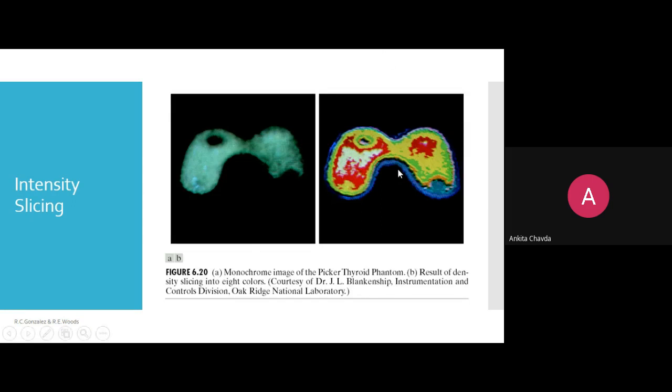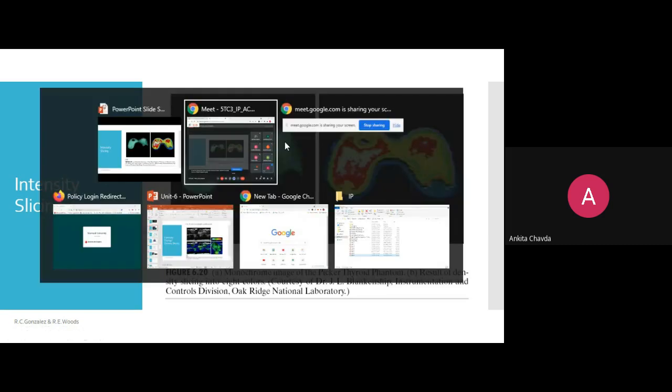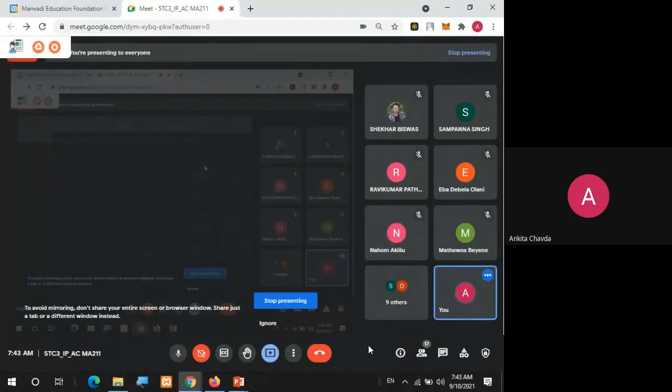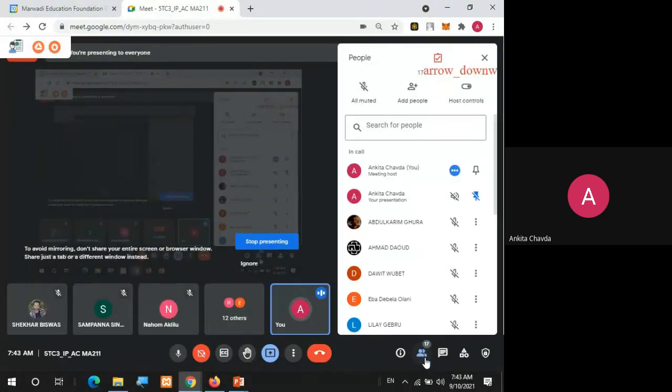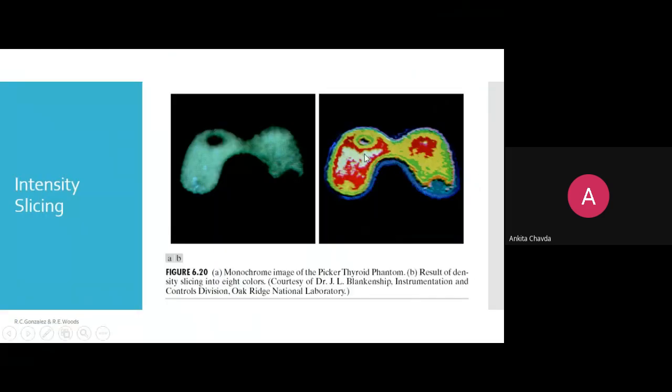Then we have seen this example, right? A grayscale image is not so good to look at, it is not catching any kind of attention from humans, right? Few things you cannot describe just by different gray level shades. Instead of that, if you make it a color image, then it would be visible.